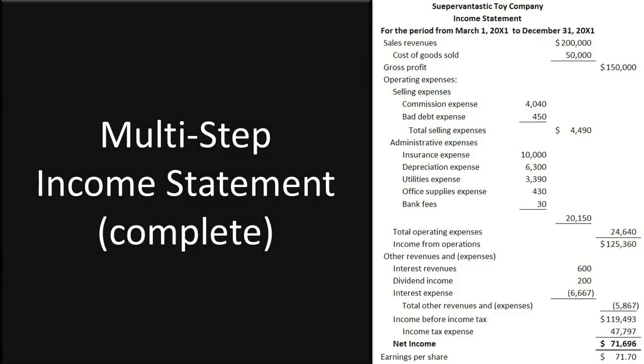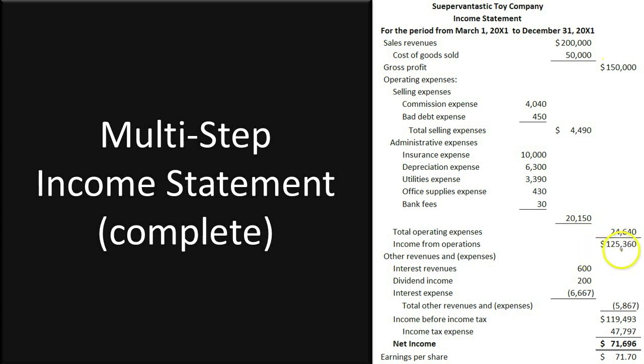The multi-step income statement groups revenues and expenses in some logical manner. For example, sales revenues minus the cost of goods sold gives us our gross profit on those products that we sold. Then we have the operating expenses that support this process of selling the inventory to customers. We have our selling expenses, which I've subtotaled, our administrative expenses, which I've subtotaled, to get total operating expenses of $24,640. Our gross profit was sufficiently large to cover the operating expenses of running the business,